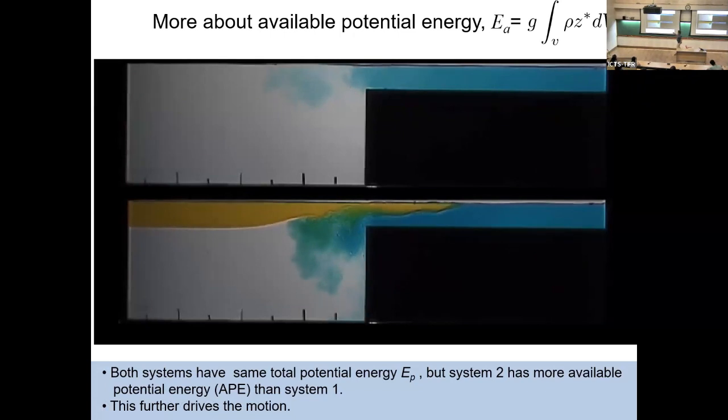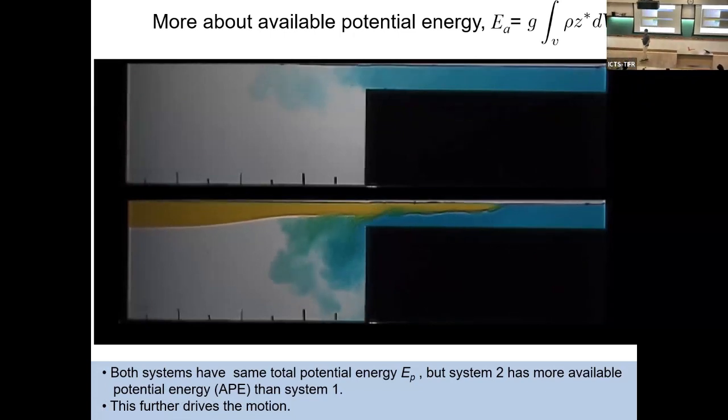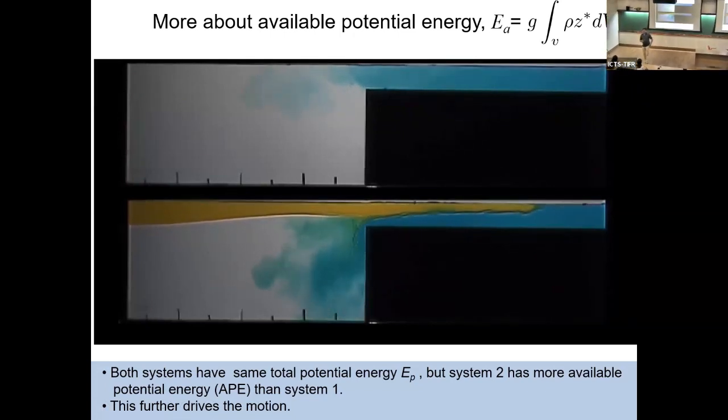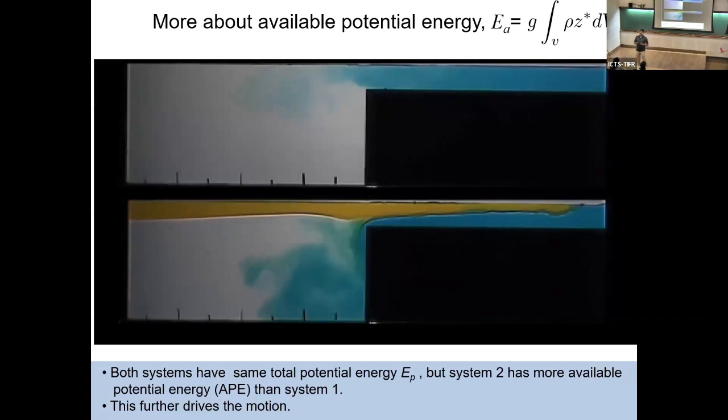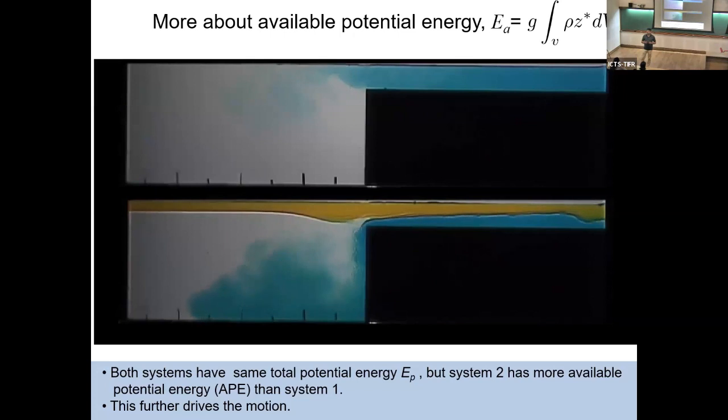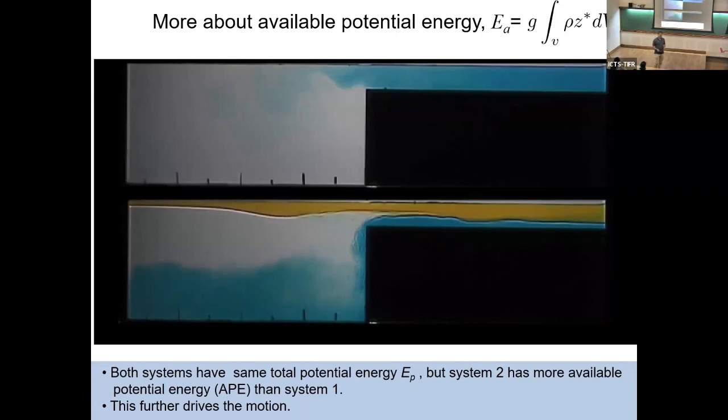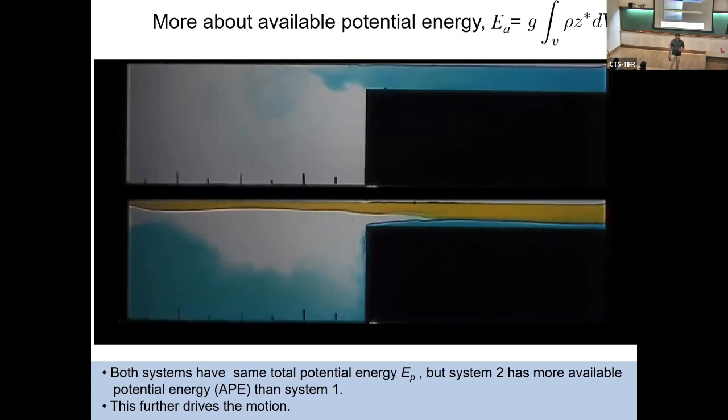That's fine. So this scenario is called available potential energy. How many people know about available potential energy? How many people know potential energy? Same. So available potential energy is how much of the potential energy is available. Not all potential energy is available to do work, right? Correct? So this is the scenario.